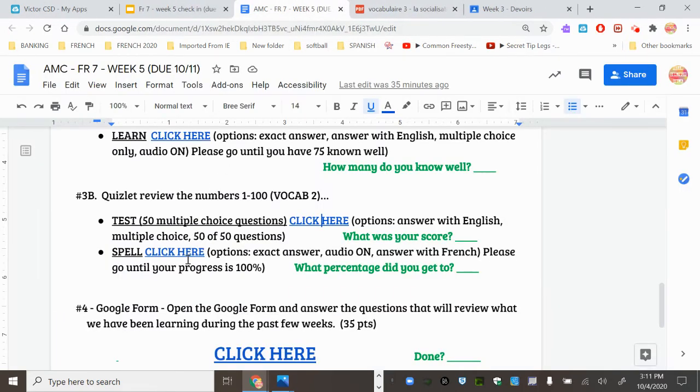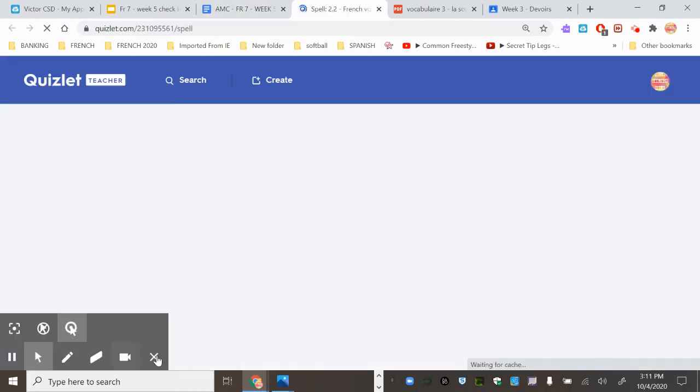And the next thing I want you to practice is spell. So we haven't done this one yet. Options, exact answer, audio on, answer with French. All right, please go into your progress is 100%. So what percentage did you get to? If you didn't get to it all, I want you to be honest and tell me what percentage you got to. So if you click this, all right, make sure your options are, all right,